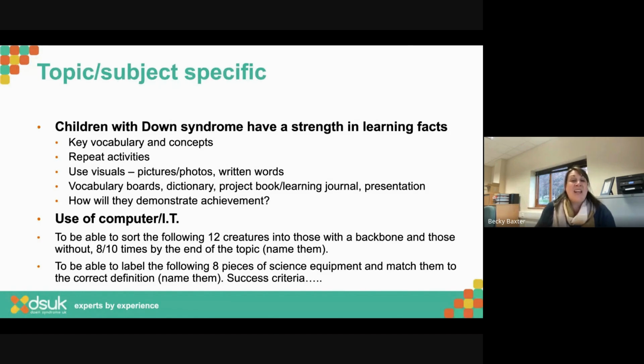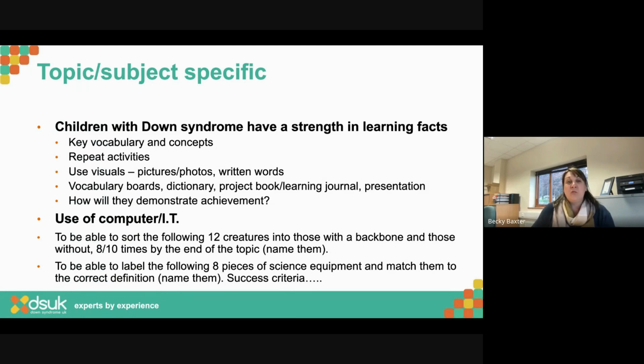So do that again the next time. Oh, you've done it with an adult. Now can you do it just with that information? Oh, now can you do it without that extra support? What can you remember? Can you do it? Do you do it at the beginning of the lesson? Can you do it at the end of the lesson? What have we learned? What can we recall? But keep going back over it throughout that topic.